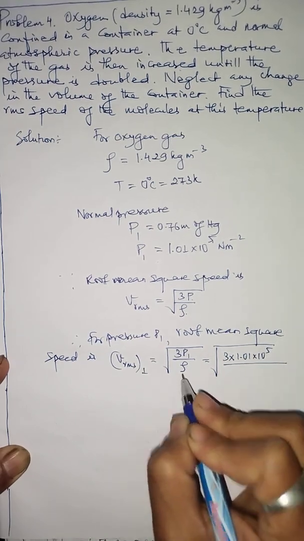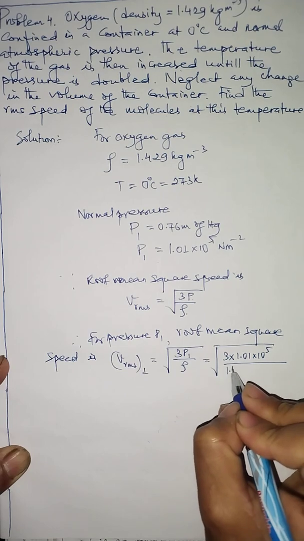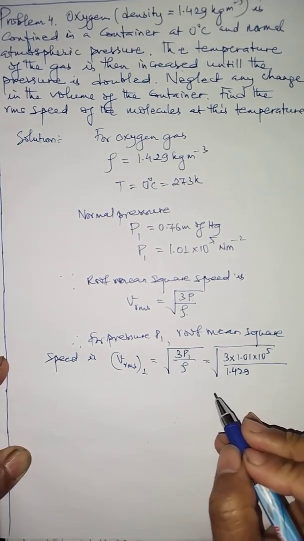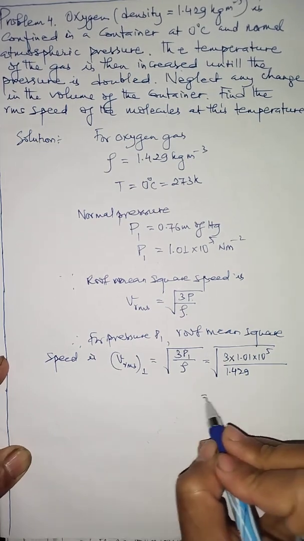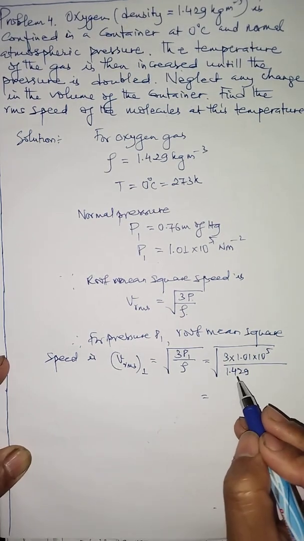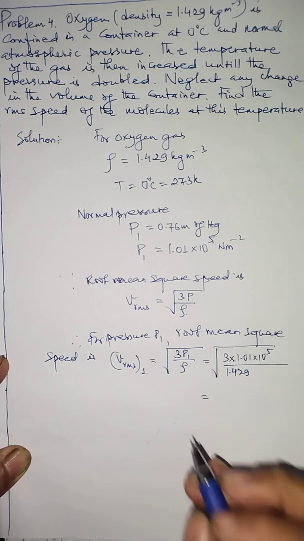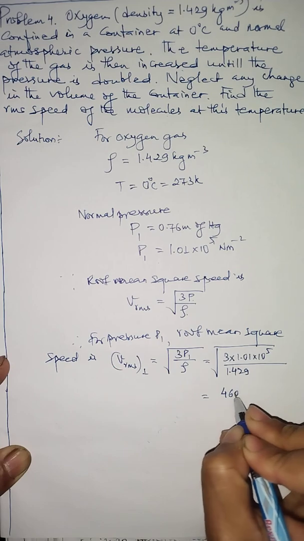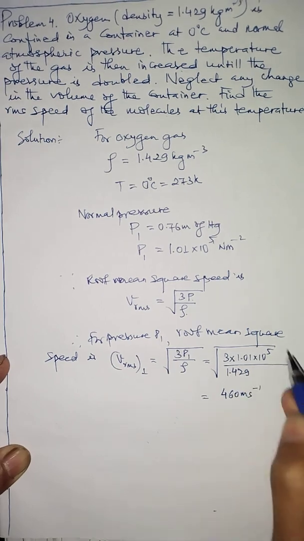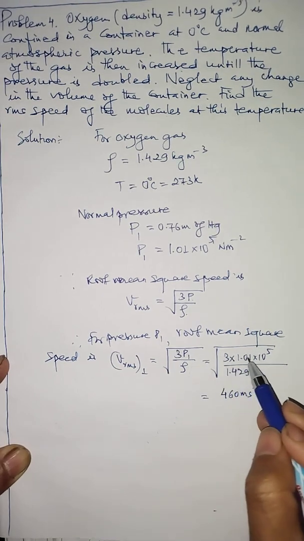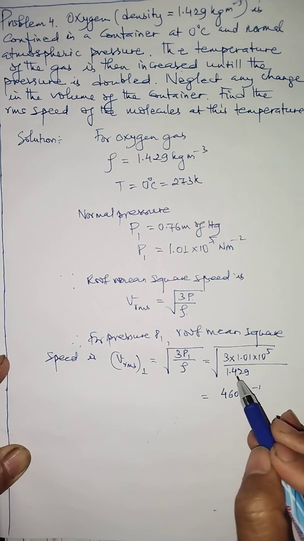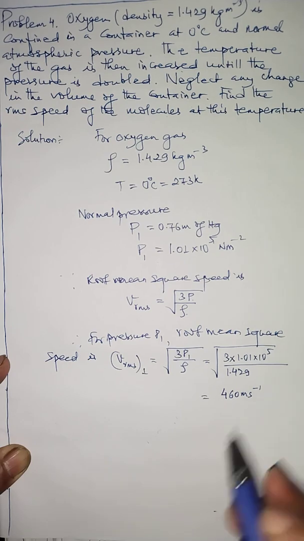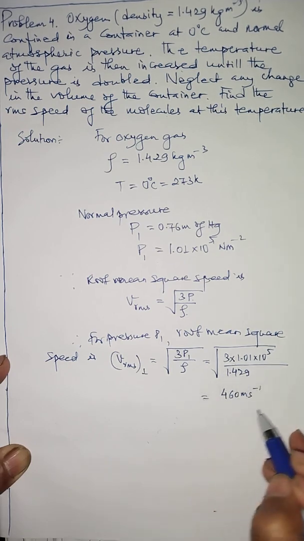...whole divided by rho. The value of rho is 1.429. Now if you do the calculation, multiplying this quantity divided by this, and if you calculate the value roughly, you get approximately 460 meter per second. So children, you can do the calculation, multiply this quantity, divide by 1.429, and take the square root of 10 to the power 5, then you get approximately 460 meter per